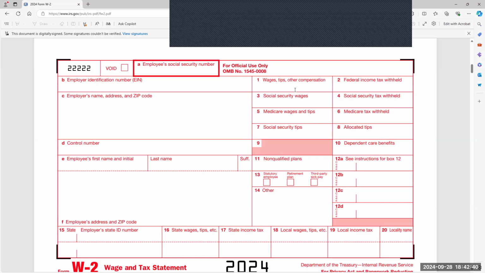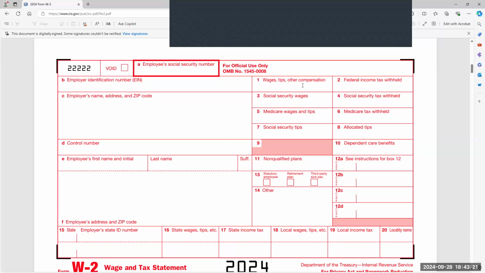Keep in mind, the amounts reported in these boxes don't necessarily impact the return. One key thing to keep in mind is that box 1, box 3, and box 5 often agree. So if it's 1,000 in box 1, it'll show 1,000 in box 3 and 1,000 in box 5, but sometimes there are differences. Box 1 represents the taxable wages, and this is the amount that is transferred to the Form 1040. If there are multiple W-2s,